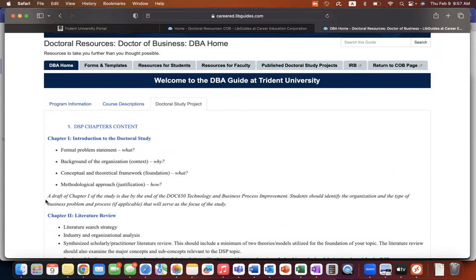Notice it says a draft of chapter 1 of the study is due by the end of DOC650, which you're enrolled in. Students should identify the organization and type of business problem and process that will serve the focus of the study. So I noticed that in the SLP1,